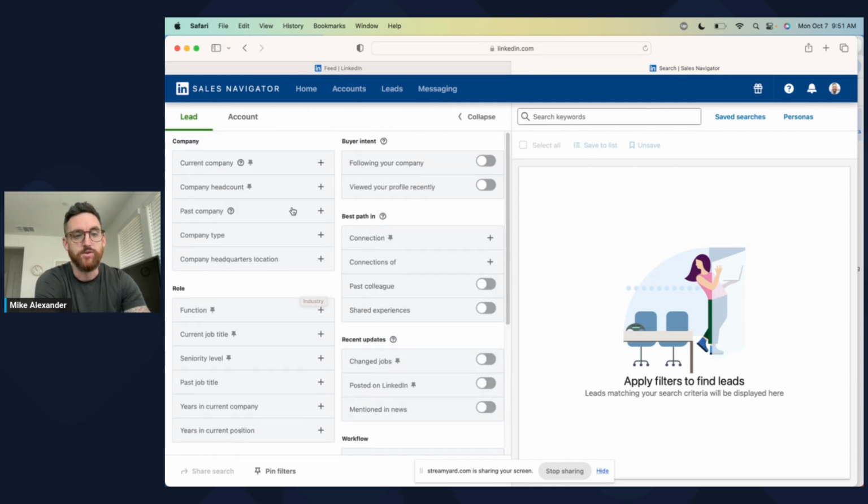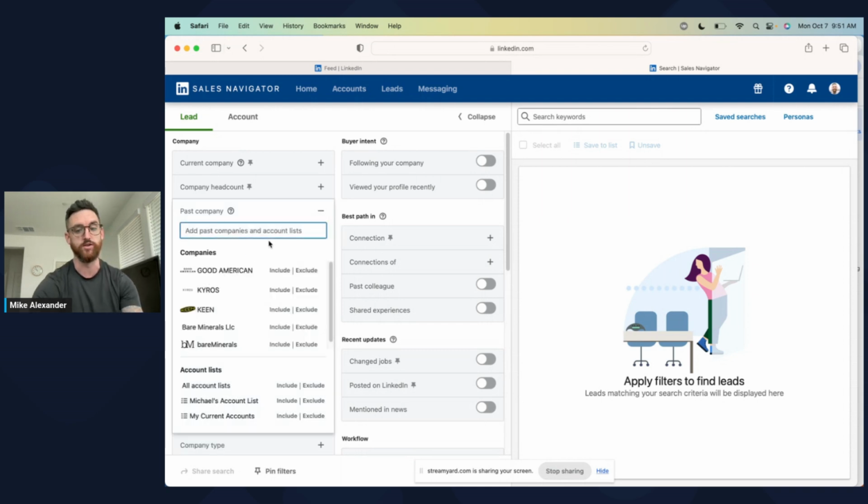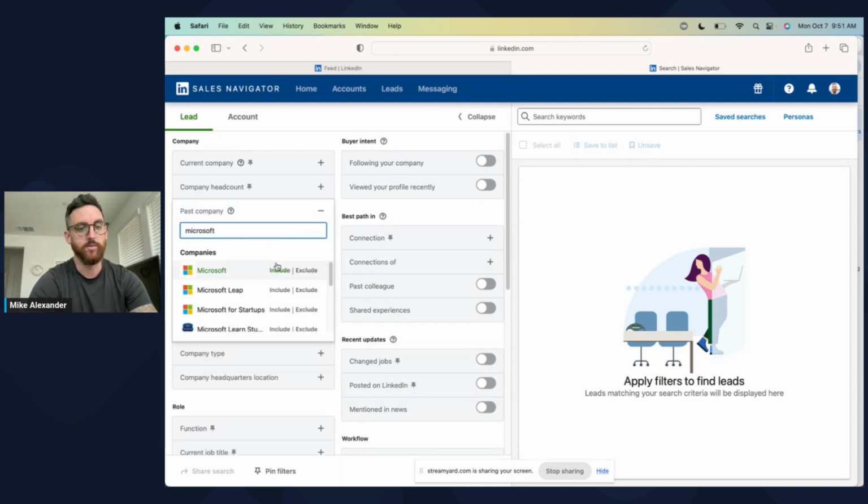So, back to how we use the past company filter. Once I realized, okay, I work for this company, I'm brand new, and I'm learning a ton, like, where have we won? Where are our social proofs, our case studies? Where's our footprint? And then how can I leverage Sales Navigator? So the past company feature has been huge for me. I'll explain. So you're working for a company and they've done enterprise level business, and let's say they've had a lot of wins or a couple wins with Microsoft. So I would come into the past company, I would include Microsoft,